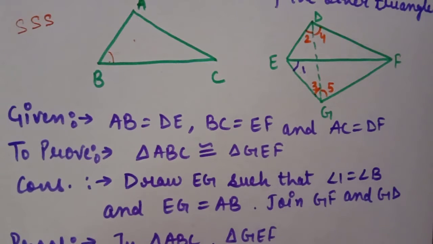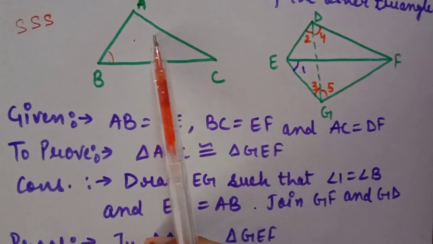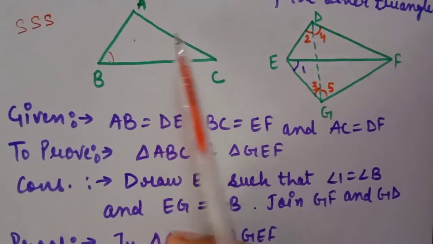Why are we doing this construction? Because from the previous theorems it is very clear to you that we have three elements. We can prove it congruent very easily because all three sides are given equal to each other, but it is the criteria for our theorem. So we will take one more equality of any one element by ourselves. So we will take two things from the given, and we will manage to prove with one more equality in these two given. For finding the one more element, we will proceed with this construction.